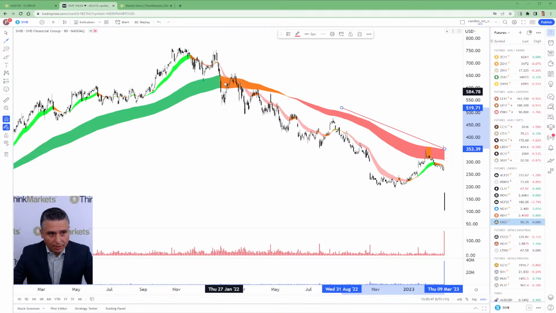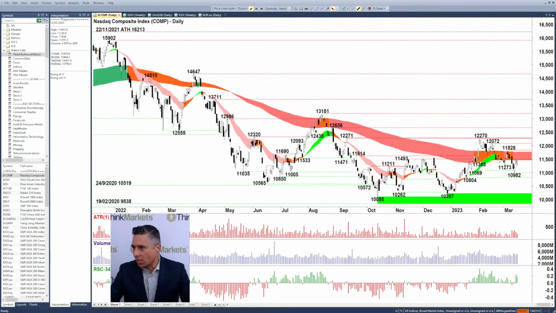I mean, really, it started to have significant problems back in January 2022, started to lose its uptrend even earlier than that, and was in a clear downtrend by early 2022. But with that in mind, I think that gives us a nice backdrop within which to focus our attention on something like this, which is the NASDAQ chart here. And we can see some similar themes.